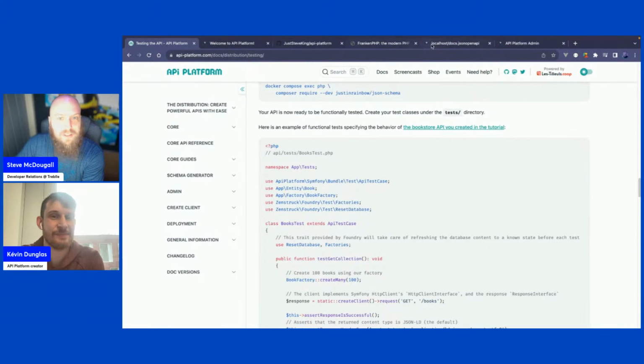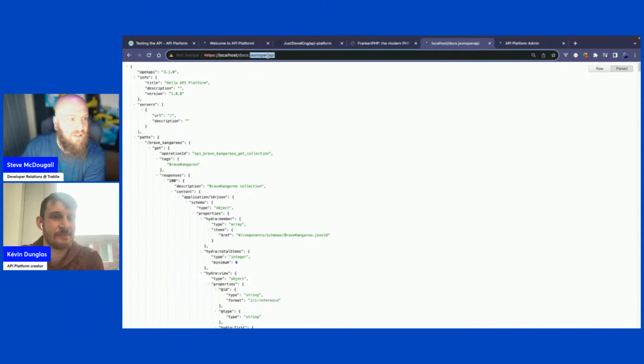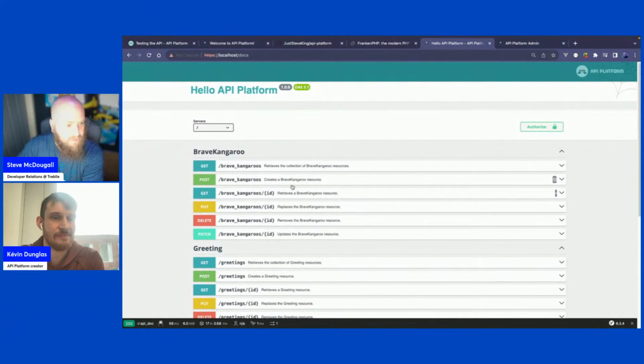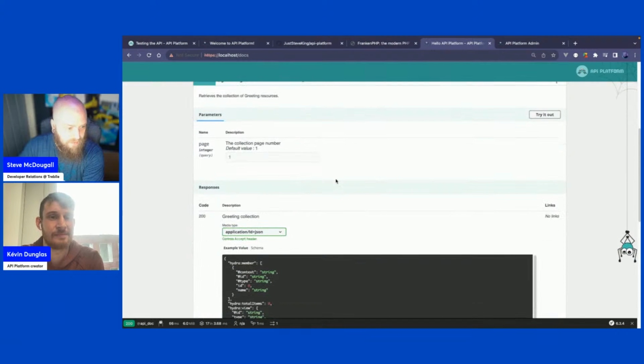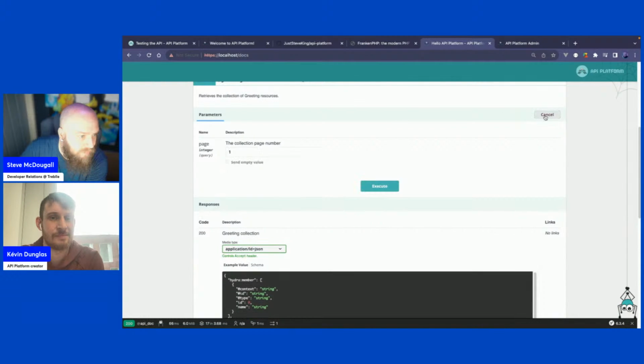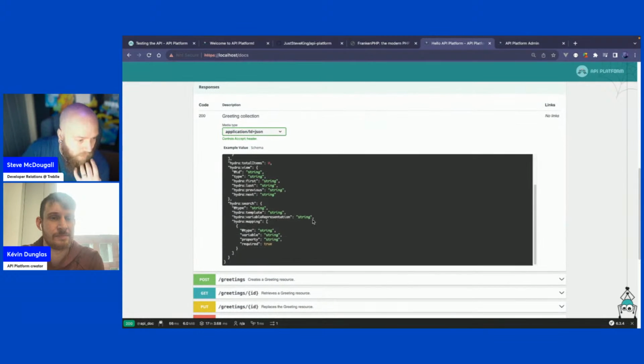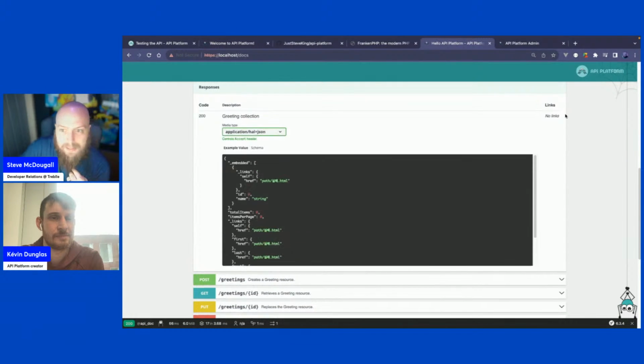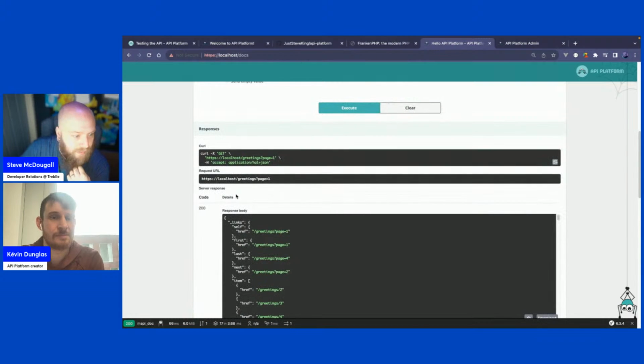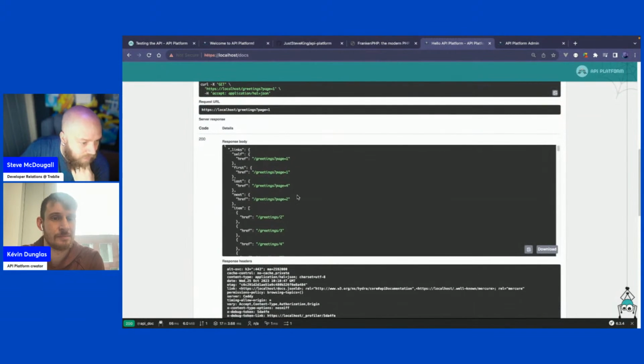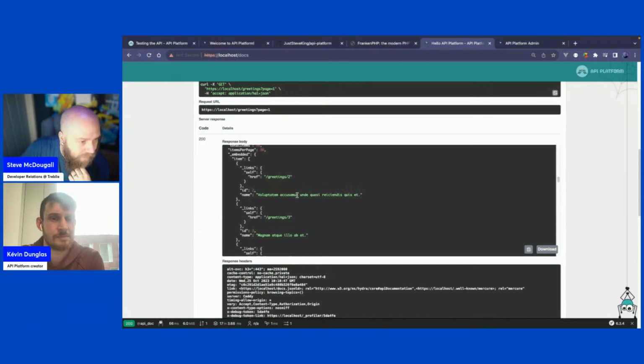But okay, so if I come back to here and we just say go to docs. Now if we go to greetings, page number is 1 by default. We go to HAL, for example, execute that. We have got a lot of them.